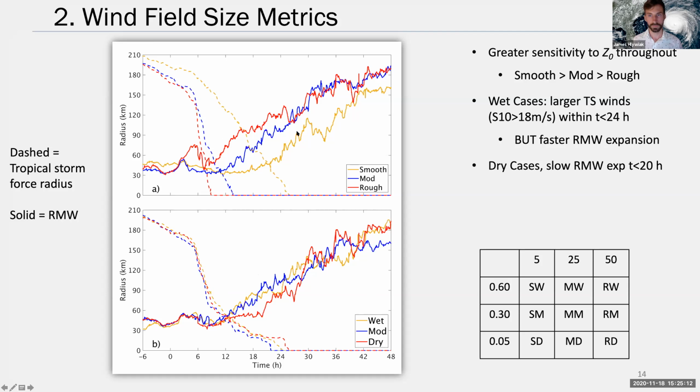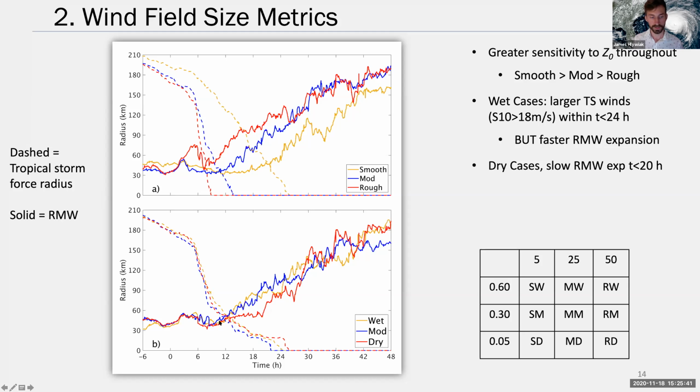So again, if you take away anything from the talk today, just know that there's a greater sensitivity to these realistic Z0 values for most of these fields and variables than for the soil moisture cases. However, an interesting reversal in the trends of the radius of maximum wind expansion and the tropical storm force radius contraction occurs, where initially, within 20